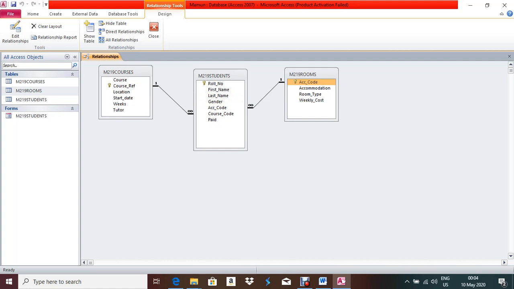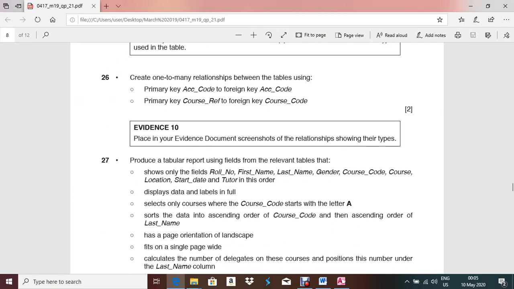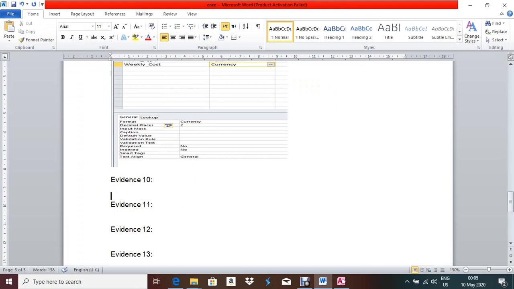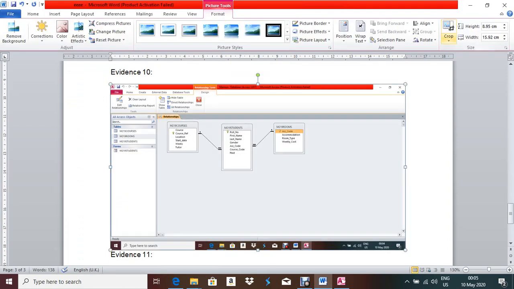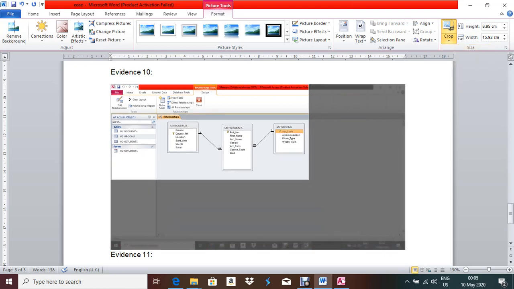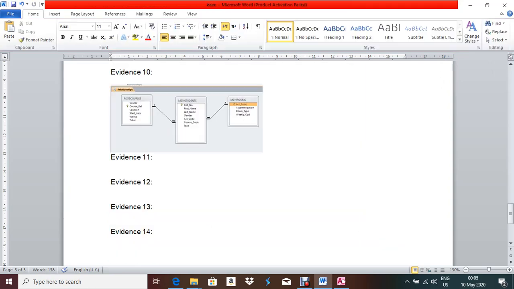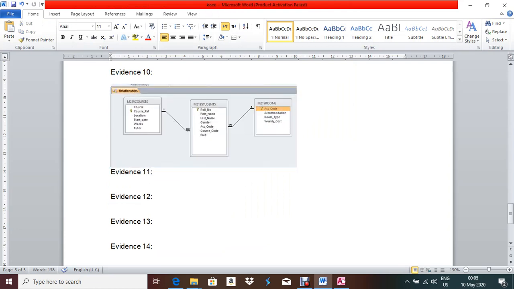Okay, first you take this screenshot, print a screen, because next question they will ask you for evidence 10 screenshot, right? So what I'll do, I'll go evidence 10. So you have to take 3 screenshot. I told you, select this one, format, crop this part. This is screenshot number 1. Make it a little bit big so it should be visible. No need to make it more big, just visible type.